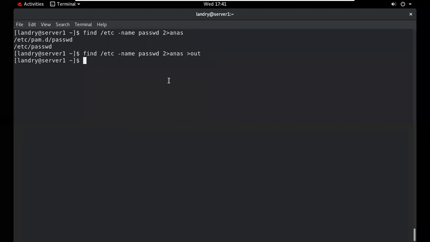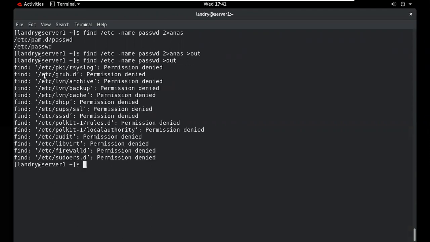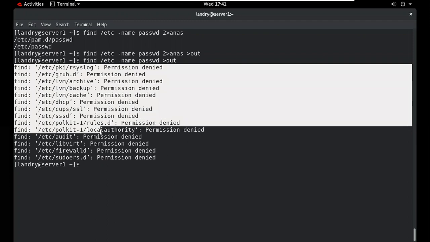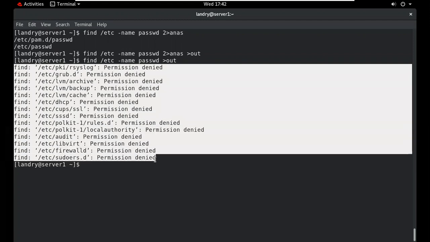Suppose we have no use for the errors. Suppose for this, I remove this particular error redirection. So now you can see the output will be placed in this file and all the errors are placed on my screen. But we don't need these errors. We want to ignore these.